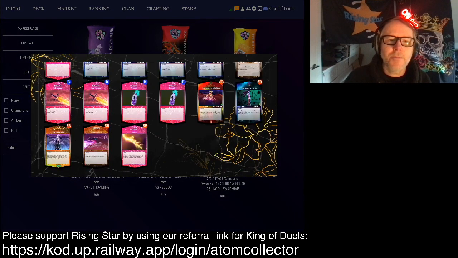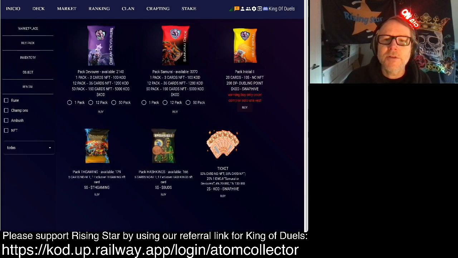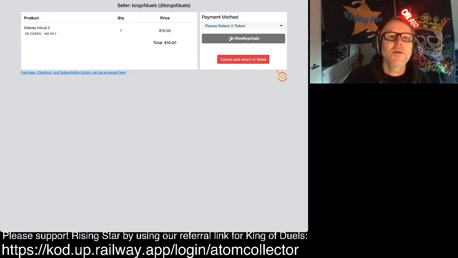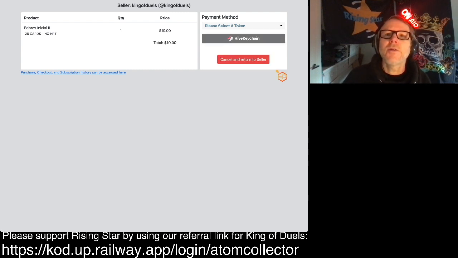So anyway, you do that, and then you can click on the buy button, which is quite hidden. It's just text down here. Click on the buy button, and it will take you to HIVE pay. There you go. So it's $10, and you can use a token. You can pay with King of Duels token or swap HIVE. And then once you've got that, you go back to the game,